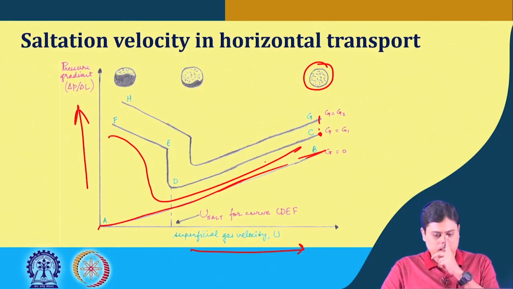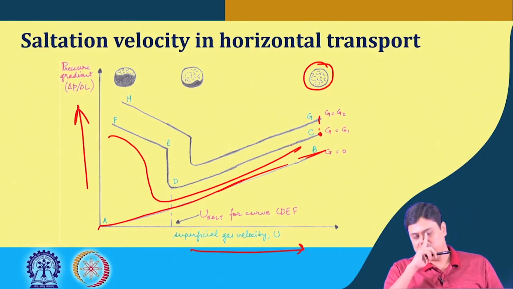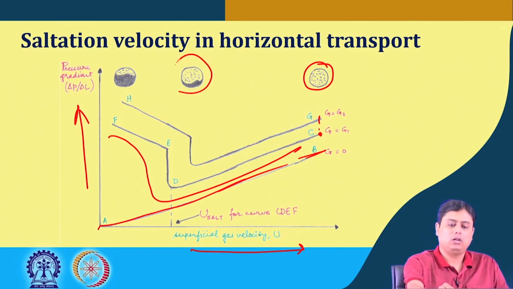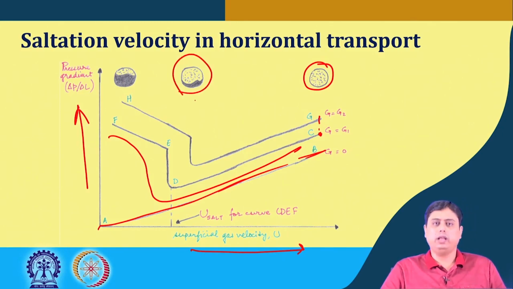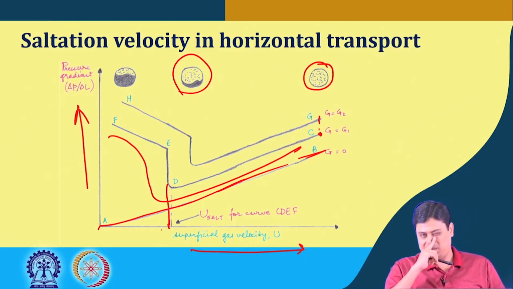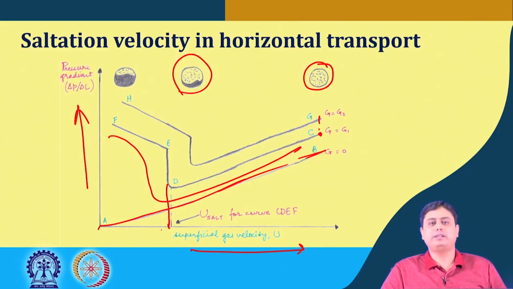which shows that as we decrease the velocity from the dilute phase transport, similar to the choking velocity, it would reach a critical velocity in the horizontal transport, where the saltation of the solid particles would take place. What have we seen in the slurry transport? It is analogous to that, and that velocity is called the saltation velocity. In this case, the pressure drop requirement rapidly increases,